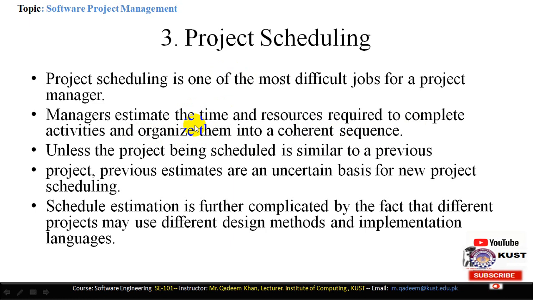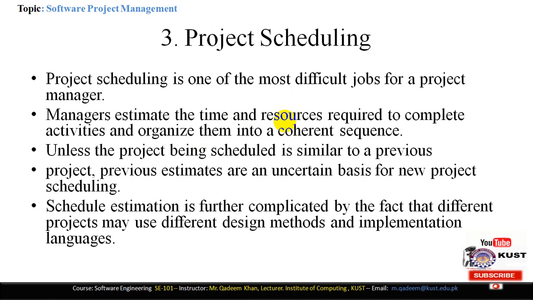So here the manager requires two things for the project scheduling. One is the time required to complete the projects. The time is basically split into multiple unit times, and each unit time is defined for the particular unit or the components to be developed. And then we also have the resources required to complete the project. The resources are fundamental things which are assigned to the time. For example, one programmer requires 1 week to complete this activity. That means 1 week is the time or schedule for a programmer, and a programmer is the resource to